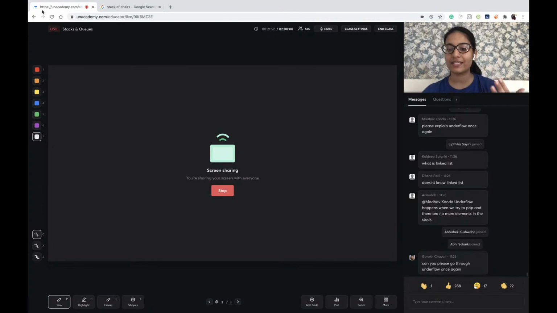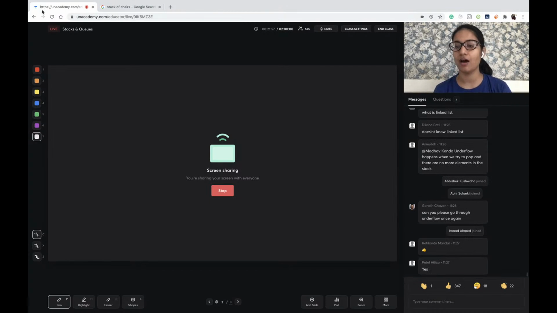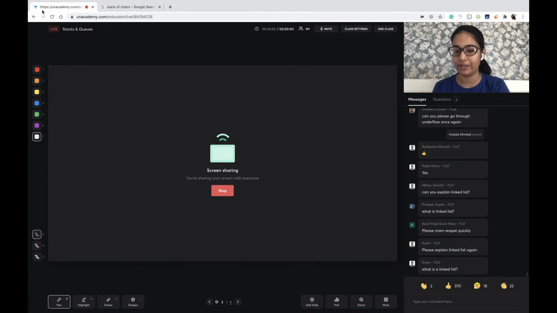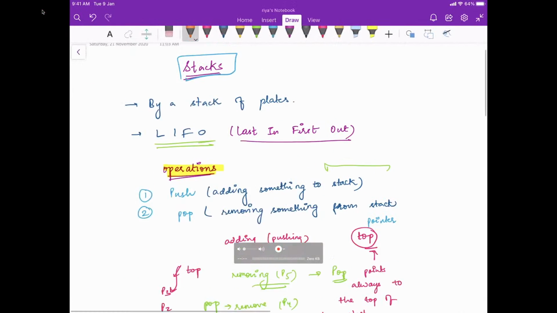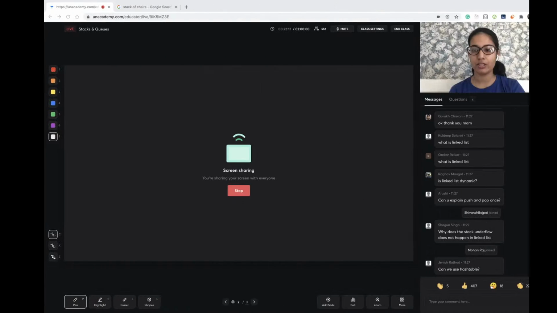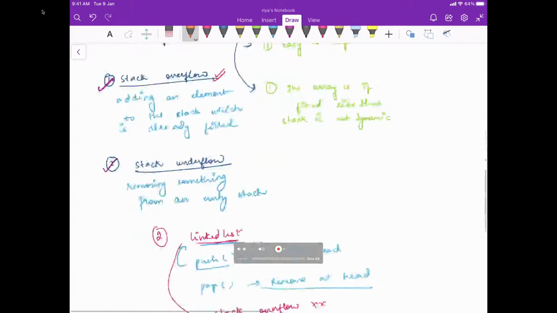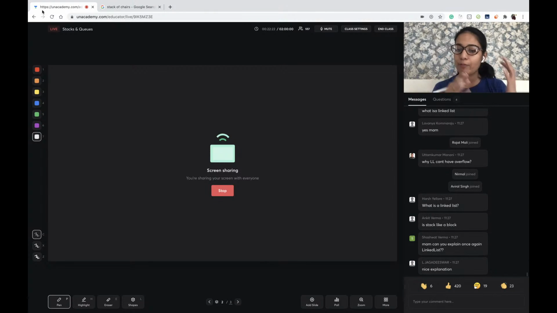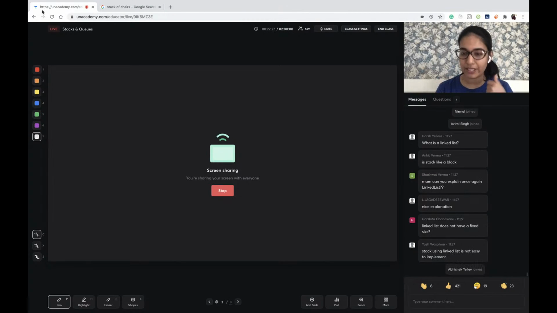Gorakh, underflow basically means that you are removing something from a stack which is already empty, right? So you cannot remove anything from a stack which is already empty. That is the whole concept here. Linked list is another data structure which you can use to solve this problem. So stack is nothing but a last in first out data structure. If there's any doubt that you are facing, definitely there are TAs in the chat who are probably answering the same questions again and again, so that is the help you can take at this point.